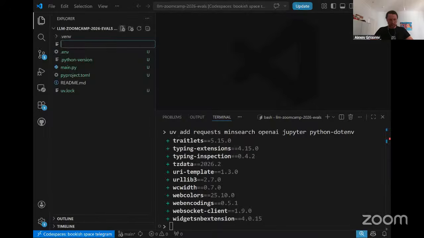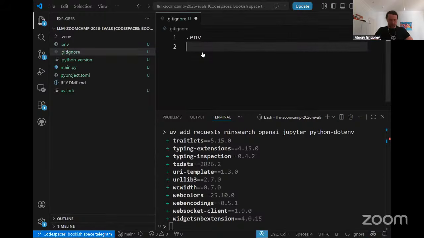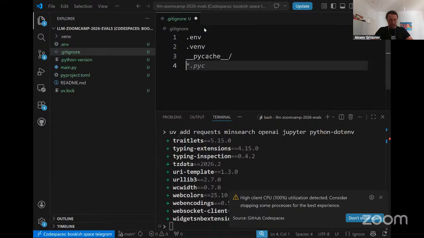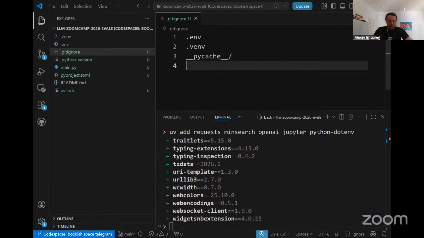And another thing, I'm going to create a .gitignore and then put .env, .venv, and cache. Okay, high client CPU. I have no idea. Okay, so